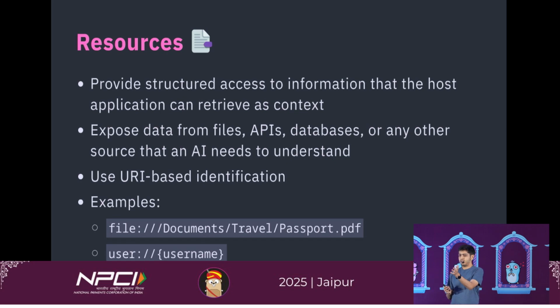So in the first example, we want my passport. You will just send this URI to the MCP server, and the server should know how to parse this and then find the file in the file system. Let's say you are a normal company and you have a user database, and if you want to get any specific user, you'll just call user and whatever the username. So you can templatize it, and it is static as well.